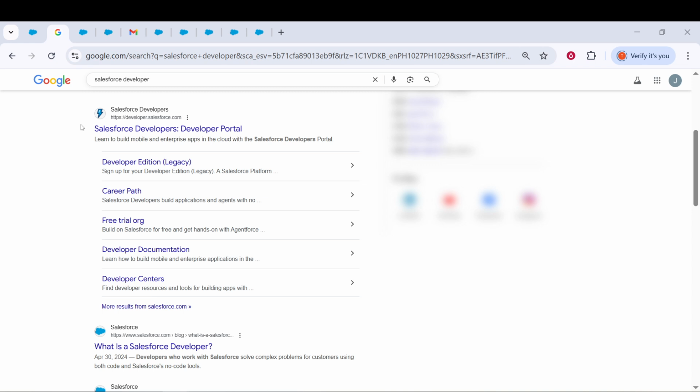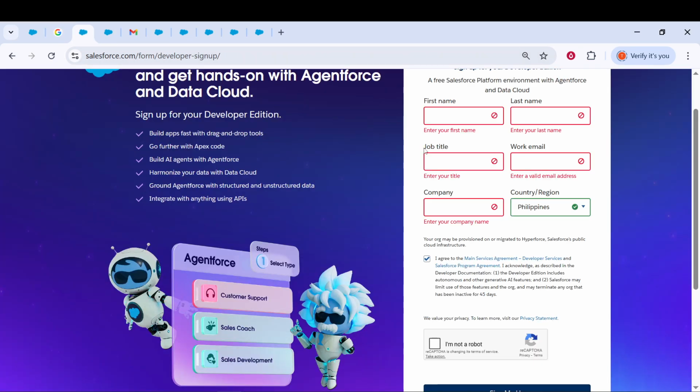The first thing you'll need to do is open up your web browser. Any browser will do, whether it's Chrome, Firefox, or Safari. Simply type in Salesforce Developers in your favorite search engine and hit Enter. This should lead you to the Salesforce Developer website, which is the official starting point for your journey into Salesforce development. You'll see a link that invites you to sign up for a free developer account, so go ahead and